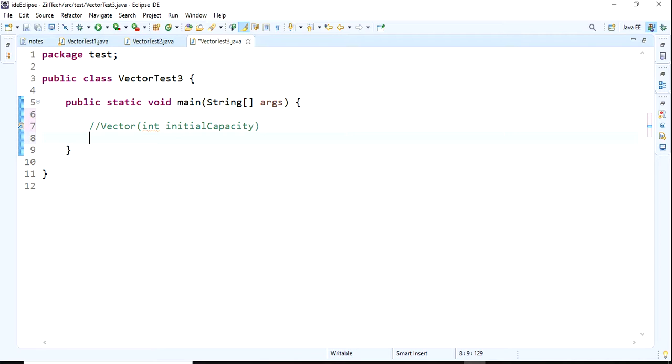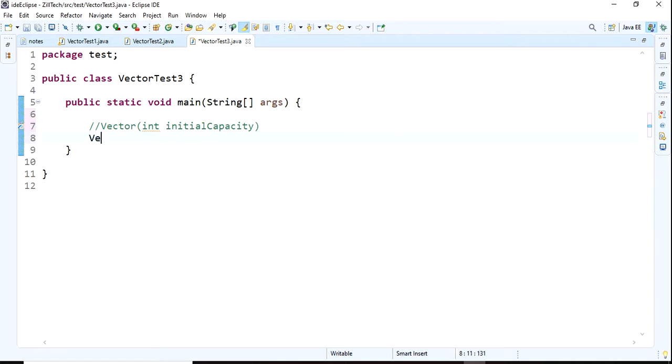Vector will be created with a specific integer. If I give 3, the size will be 3. If I give 5, the size will be 5. If the size has been exceeded, here also it will double the size.